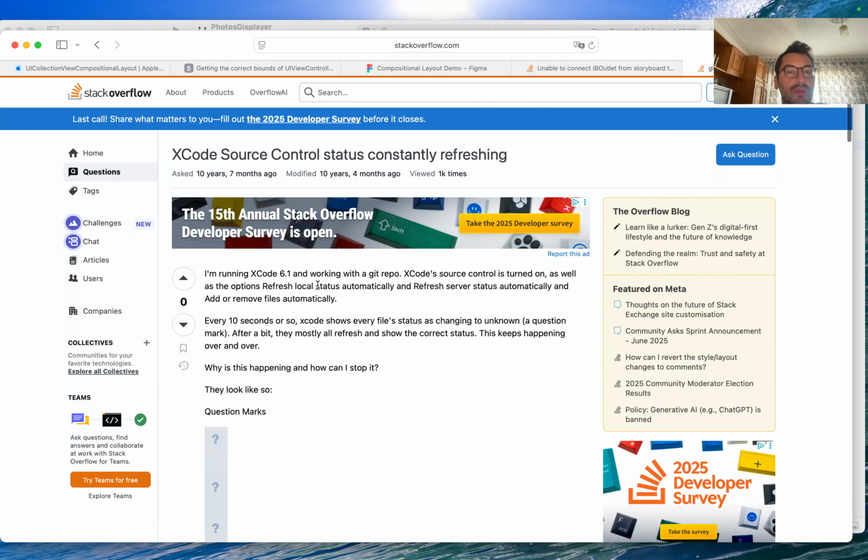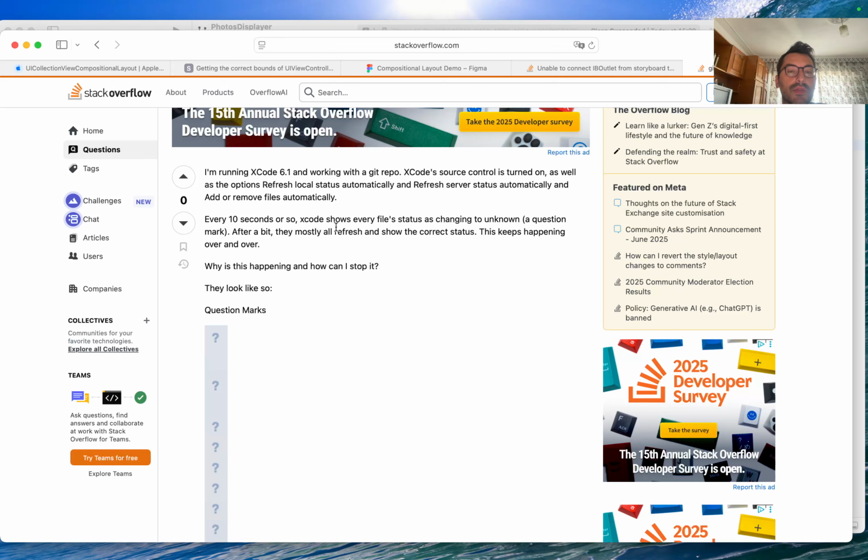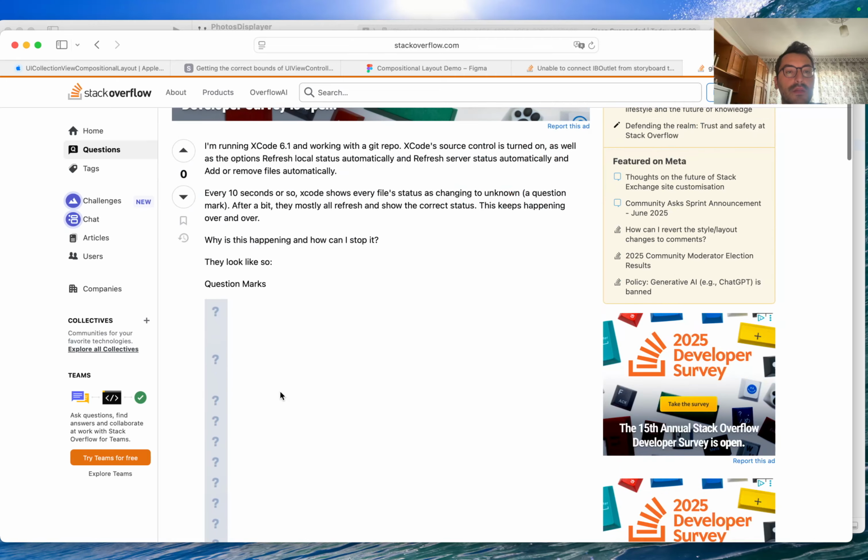Running Xcode and working with a Git repo, source control turned on, as well as the options refresh local status, refresh server status, and add remove files. Every 10 seconds or so, Xcode shows every file status as changing to unknown. After a bit, they mostly all refresh and show the correct status. Why is this happening? How can it stop? 10 years ago, well,